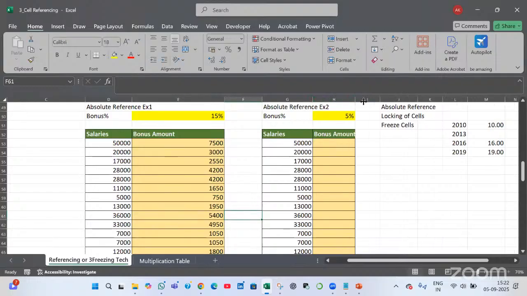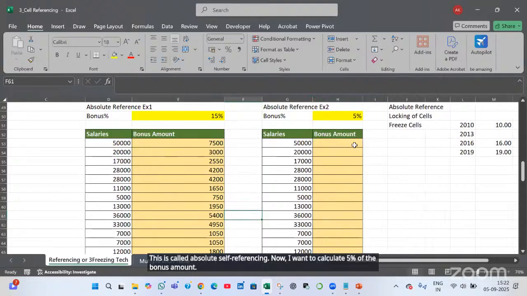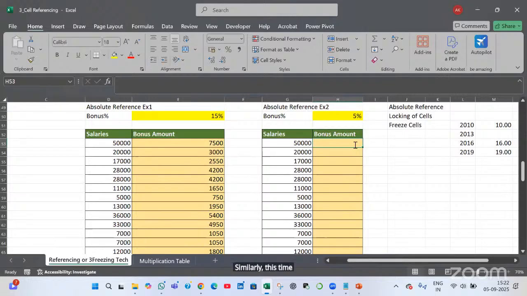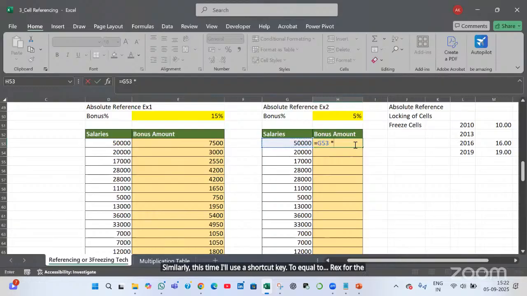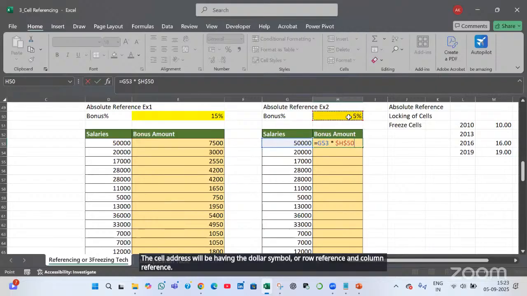Now I want to calculate 5% of the bonus amount. Similarly, this time I will use a shortcut key: equal to, refer the cell, space, star, and then I can click on this bonus percentage. To lock or freeze the H50 cell address, you can place a dollar symbol manually, or you can use function key F4. Whenever you press F4, the cell address will have the dollar symbol for row reference and column reference. Again, function key F4,